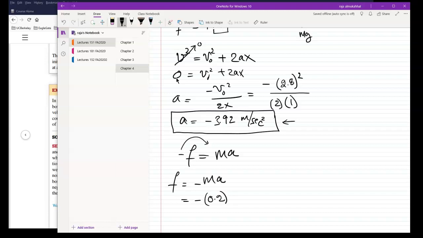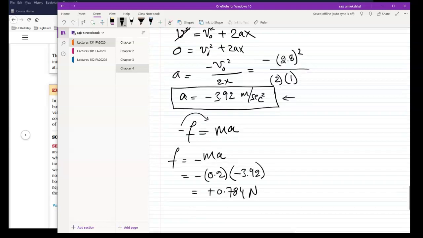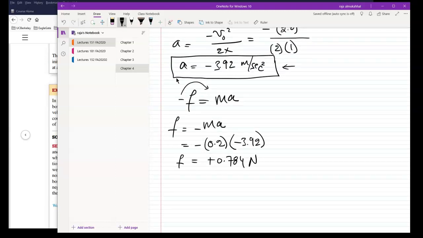0.2 times the acceleration, I just got it, 3.92. And then we would calculate that, and that will give me, again, we're getting the magnitude here for the friction, times 0.2, answer is equal to 0.784 Newton, okay? Now, this is the friction F, but since the friction F is a negative, at least from the